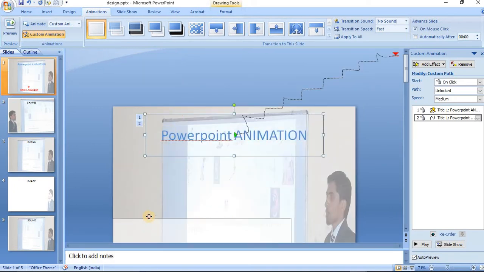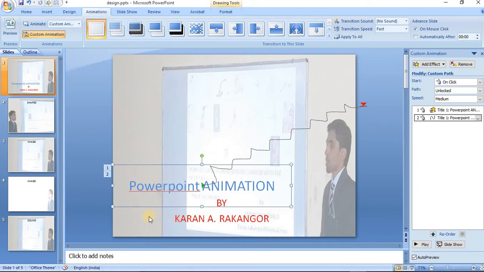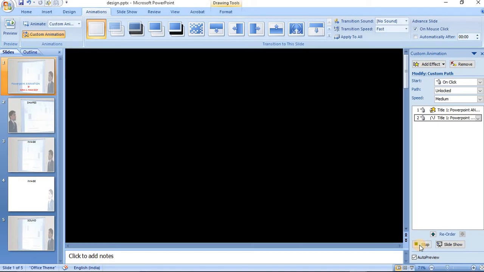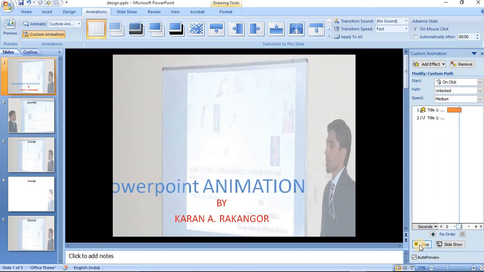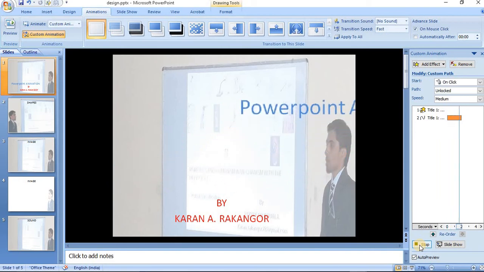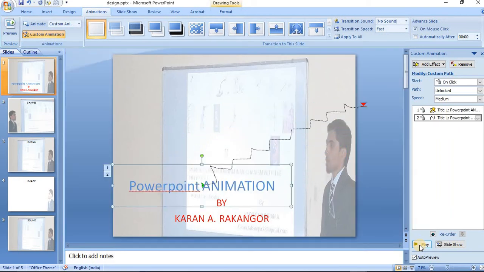So you just keep it inside your slide. If it goes outside, try to make it inside only. Again I am playing. I have added animation while selecting it, grow and shrink effect. After that I wanted to move it. So this is the interesting effect.